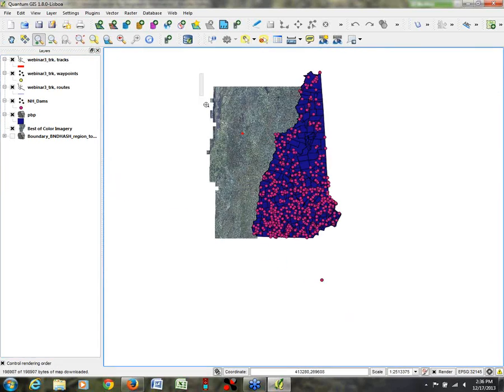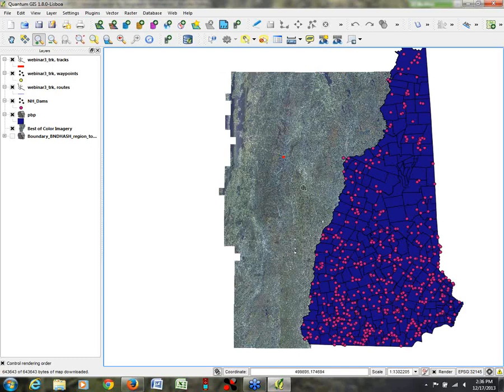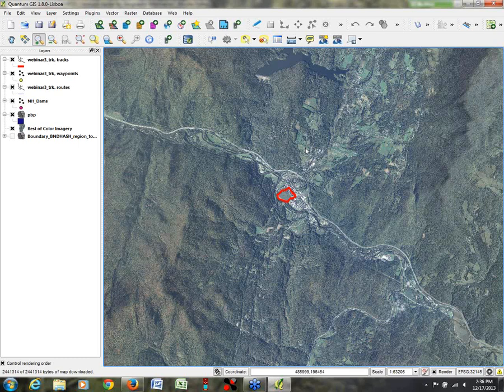So you can see we still have the imagery when we're zoomed all the way out to statewide, but it draws pretty quickly because it's not trying to draw a whole lot of detail at this scale. If we zoom back in on Waterbury, you can see it takes it a second to redraw. We start to see more detail. So at this level, we're probably looking at the NAIP imagery. When we zoom in a little bit more,